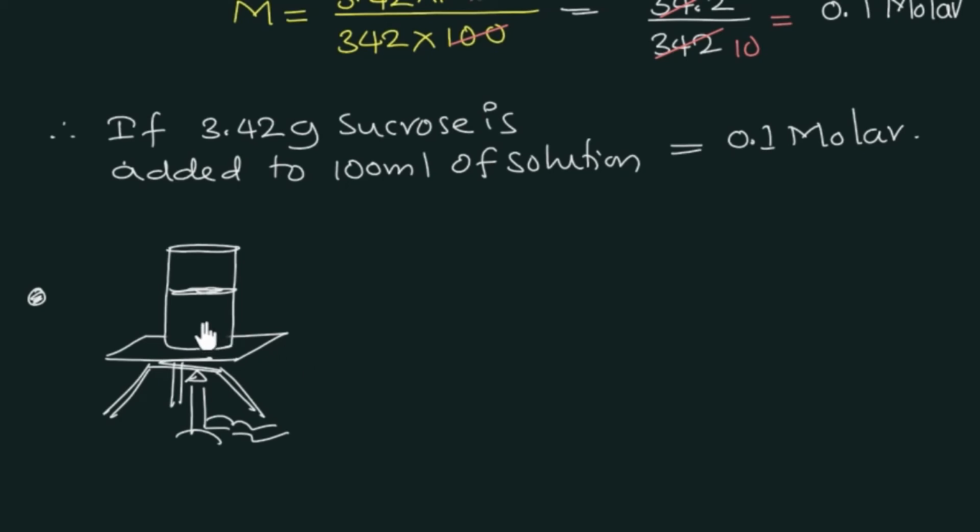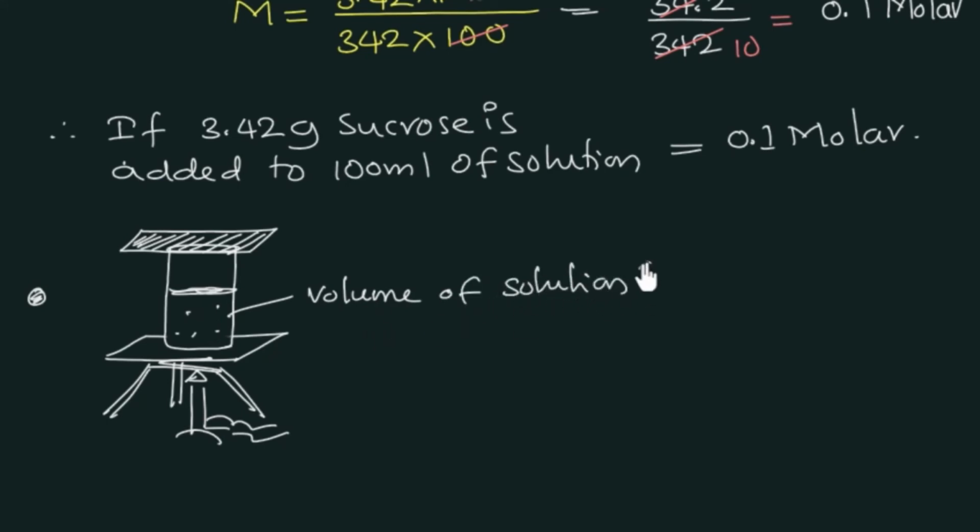When you heat, if it is a closed container, that is also an important part. It's a closed container, a closed system. You can say that only heat is passing and the matter is not moving outside. When it is a closed system, the volume of solution increases with increase in the temperature.